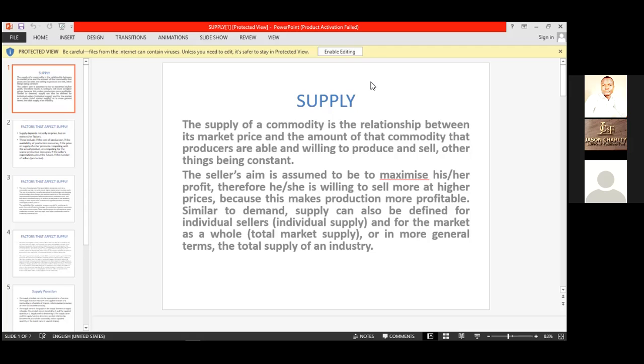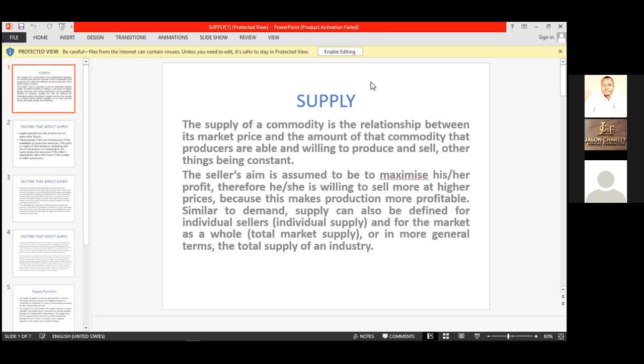If I take goods to the market, and you divide my own goods, that's by individual, Mr. A. But if you join the goods that Mr. John, Mr. B, C, and myself are going to take to the market, we are talking about the totality of it. That's the total market supply. Whenever you see market supply, you are talking about the whole market, that means the totality of it.